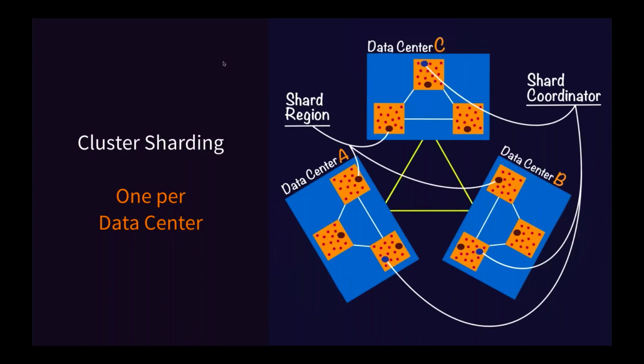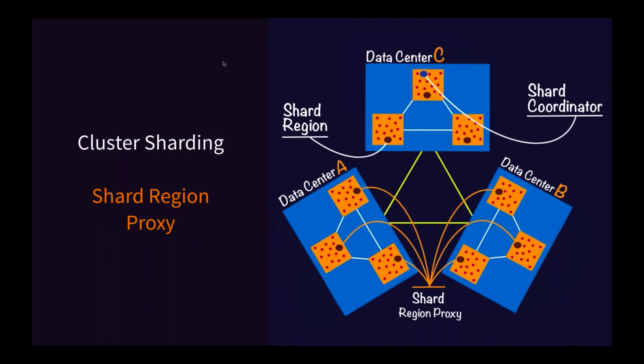Building on that, cluster sharding is built on top of cluster singletons. There's a shard coordinator per cluster sharding implementation. That's a cluster singleton. And then there are shard regions, so there's a shard region per node. This is the higher level mechanics of cluster sharding, in that it's autonomous. They're independent per data center. So there are implementations of cluster sharding that are unique and independent of each other in each individual data center.